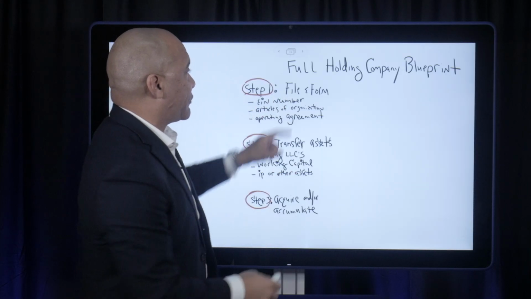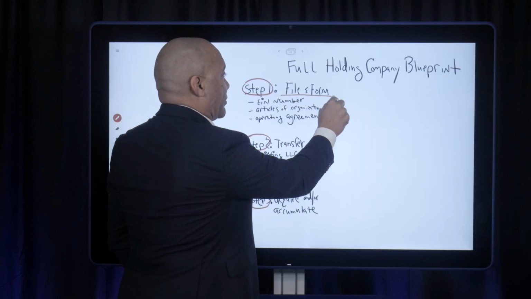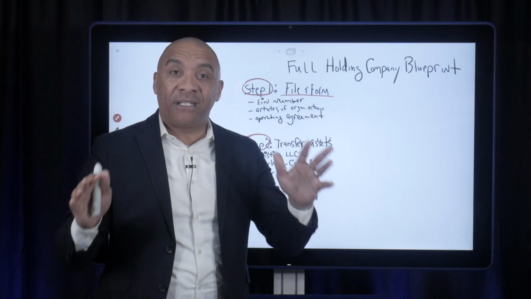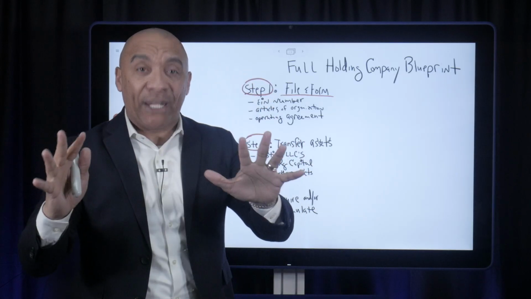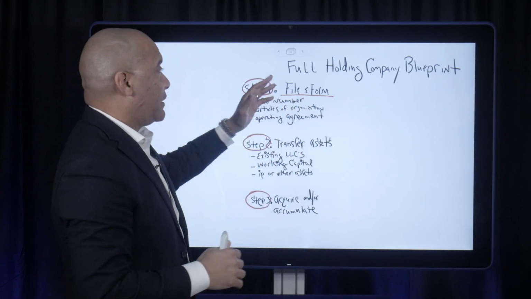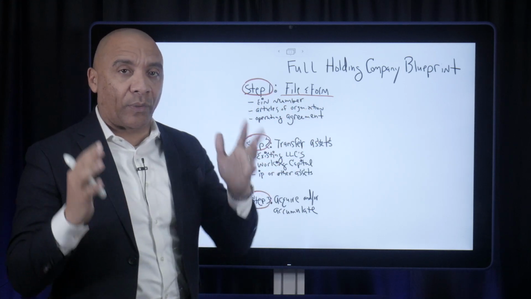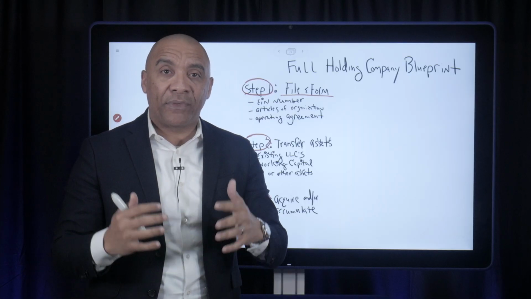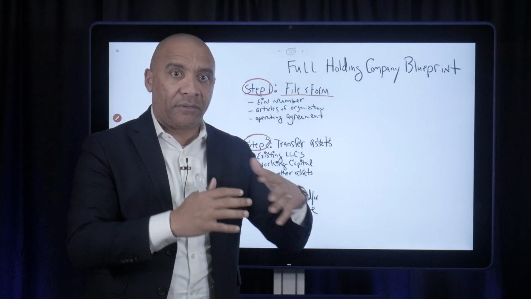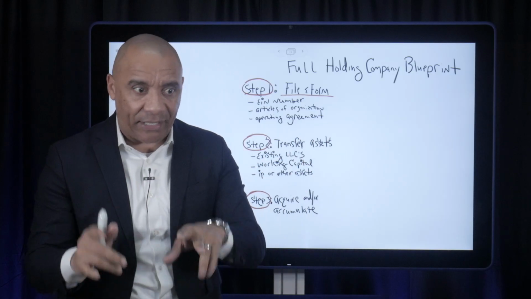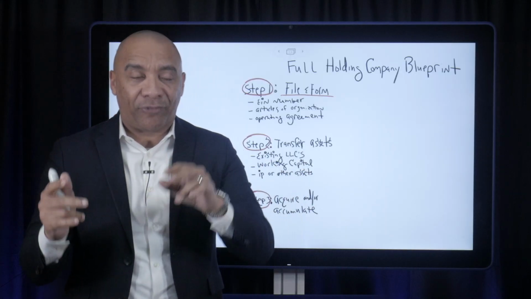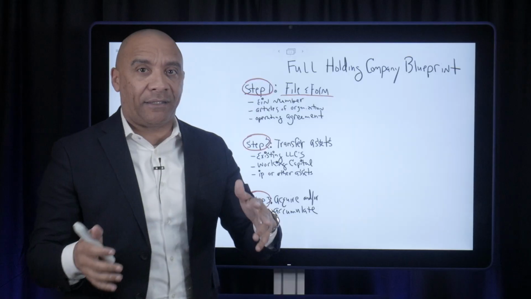Step number 1 is for you to file and form. What do I mean by file and form? Well, if you're starting from scratch, even if you are a beginner when it comes to starting and structuring holding companies, how do you file and form your paperwork? Well, whatever state you're in, all you have to do is go to the Secretary of State website, okay? You can just type in Georgia Secretary of State, business filing, Florida Secretary of State, whatever the state is that